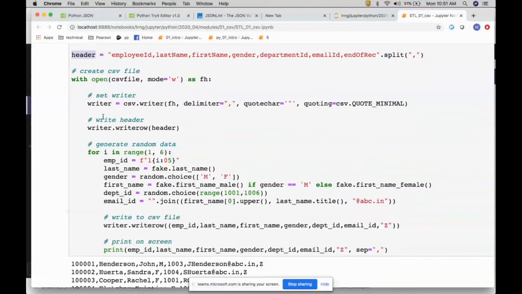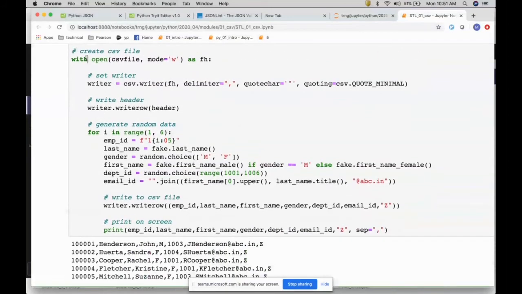So how we do it is we open the file. You know the with statement, which is a context manager that has an internal try-catch block and can automatically close the file handle. So we open a file, right? And then we create a writer object, right? So what we say is